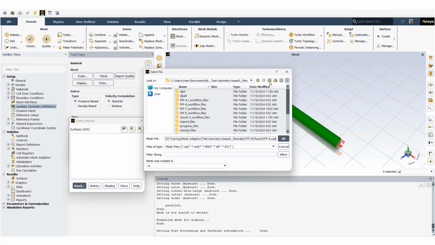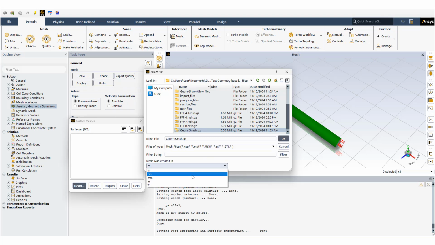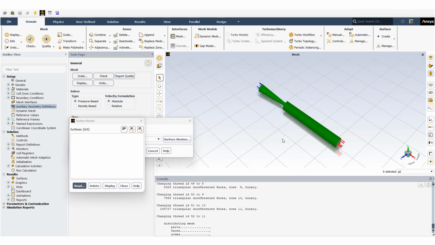Okay, I have to go, I guess, here for, yeah, that's one. This one here, as you see, is a GZ file. And be careful that units should be millimeter, because I created the mesh in millimeter, not meter. Read it,